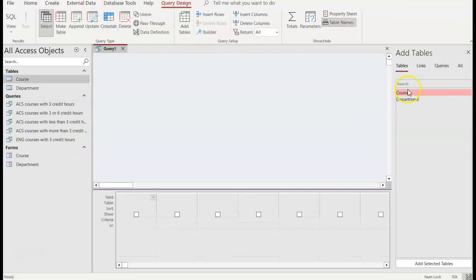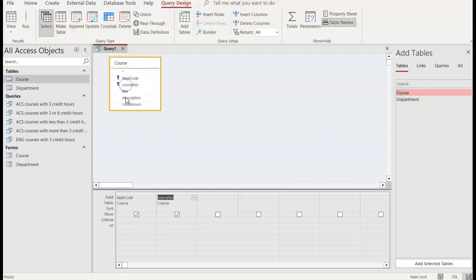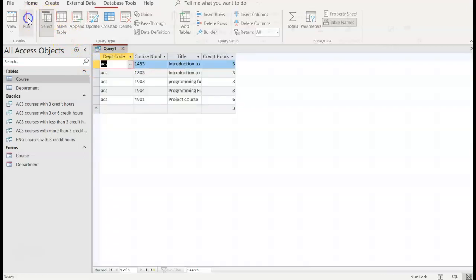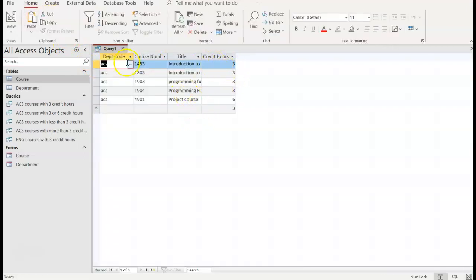So Query Design, I'm going to do the same thing, the course table, the same for department code, course number, skip title is good, skip description, and credit hours. Now this time, I'm going to type in ACS for the Applied Computer Science, and when it's on the same line, it's and. I'm looking for 3 or 6. So it's on the same line, whereas we'll go back and look at the other one. So I'll click Run, and it should be all 5 ACS, the 4 of them with 3 credits and 1